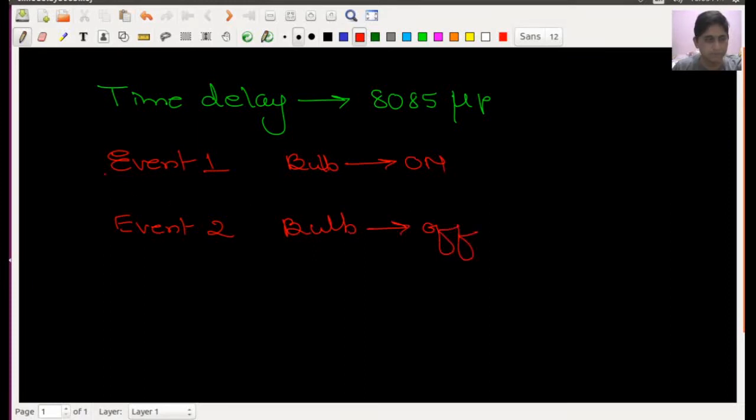But between these two events I have some delay. For example, I want this bulb to be off after 5 seconds. So this amount of time